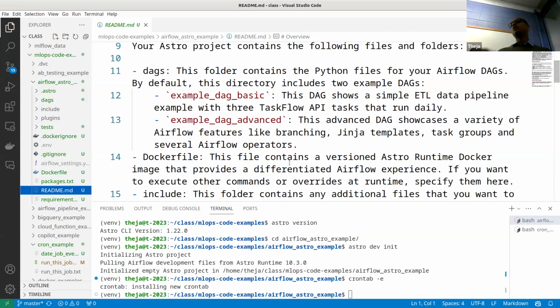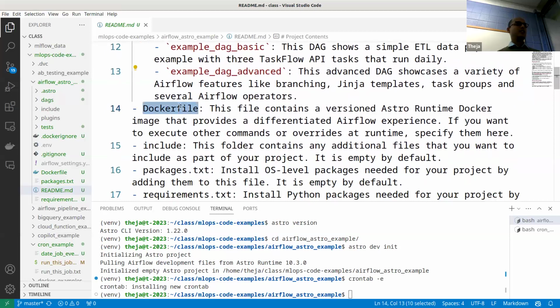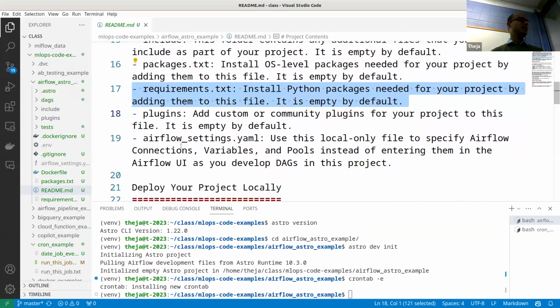DAGs is a folder where you'll keep these py files which describe the pipelines. And there's a Dockerfile that is specific to their tool, kind of working with Airflow. There are some additional files like requirements.txt and packages.txt for any extra things that you need.